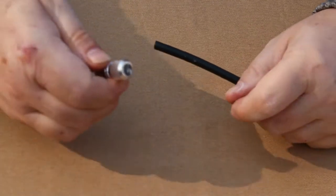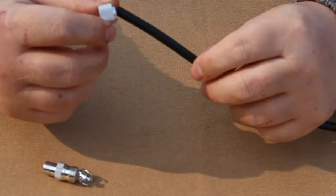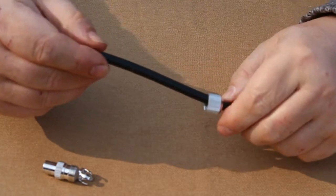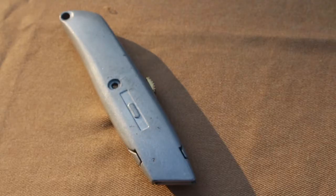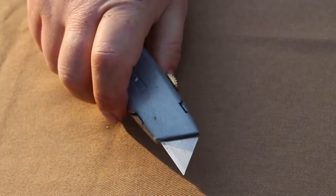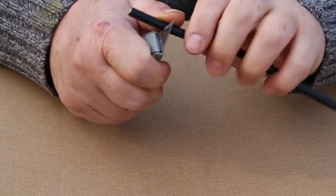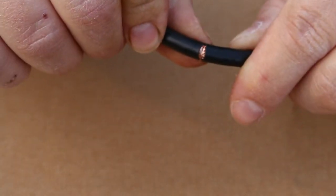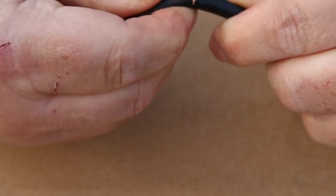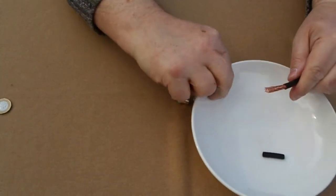We start off by taking the plug and putting the back collar onto the cable. So we use the coin to work out how much outer to cut off. Gently score around the outer sheath. Ease open. Separate the outer sheath and then